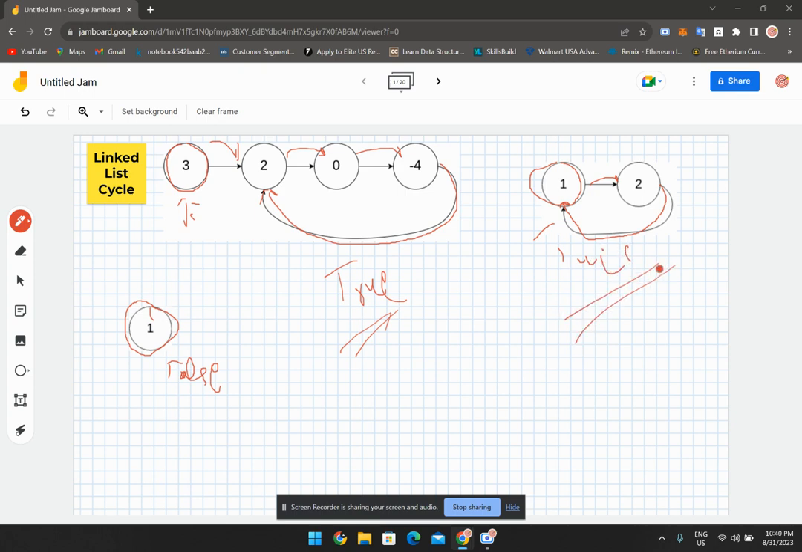So how to approach this problem? What is the intuition behind this problem? First of all, the first approach that will come to your mind is brute force, extremely brute force. If I store, using hashing, the hash data structure, if I store the node in the hash table in the form of key value pair,